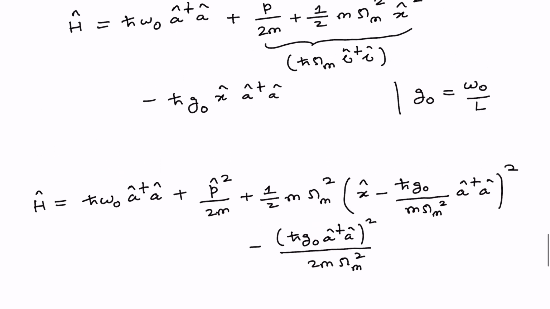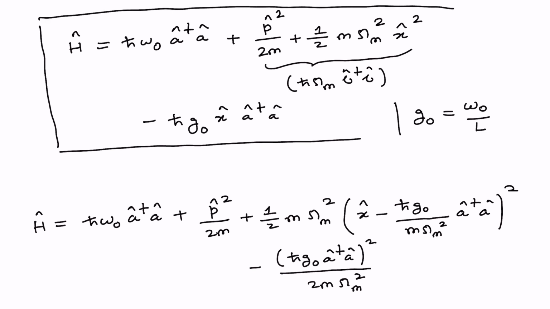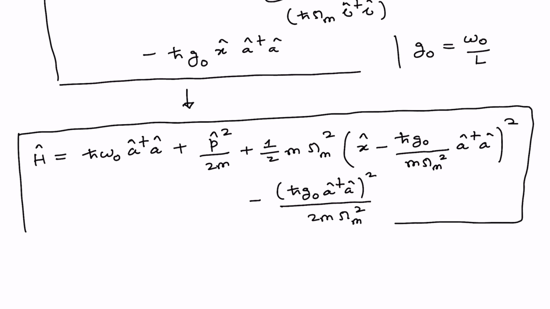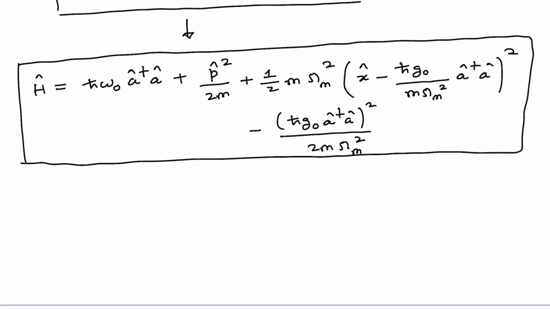You can get this Hamiltonian from the earlier Hamiltonian very easily. I think it's very trivial to get it. Please try to obtain this and verify that this is correct. So this is the Hamiltonian you now have. Now you see that this clearly shows certain things. For example, in the absence of light, when a†a is equal to 0, no photon quanta,